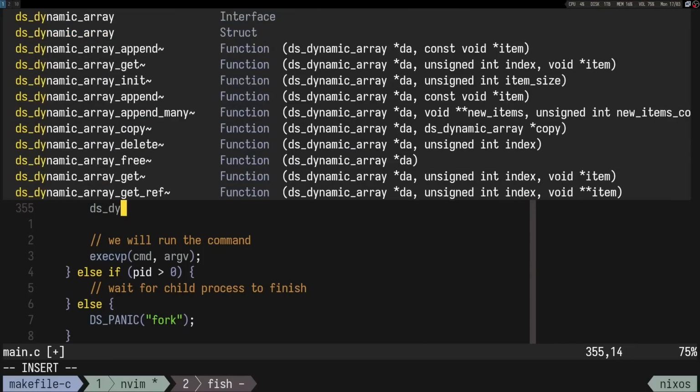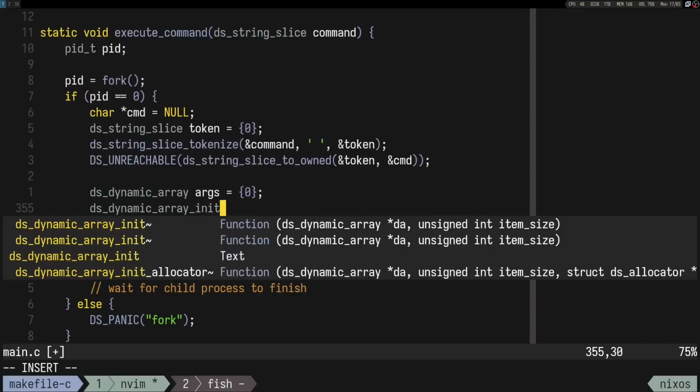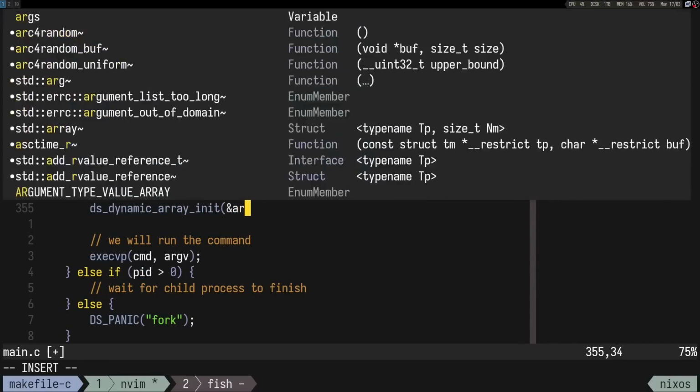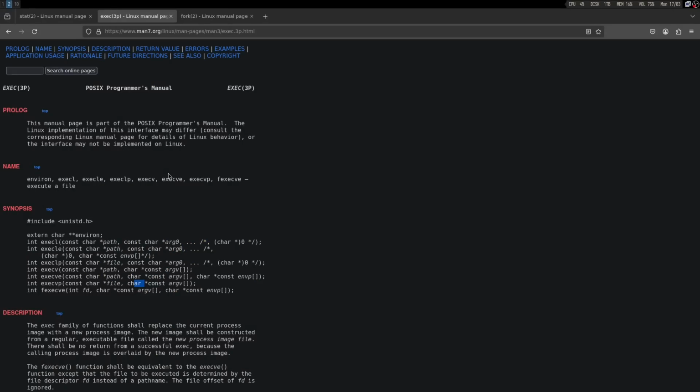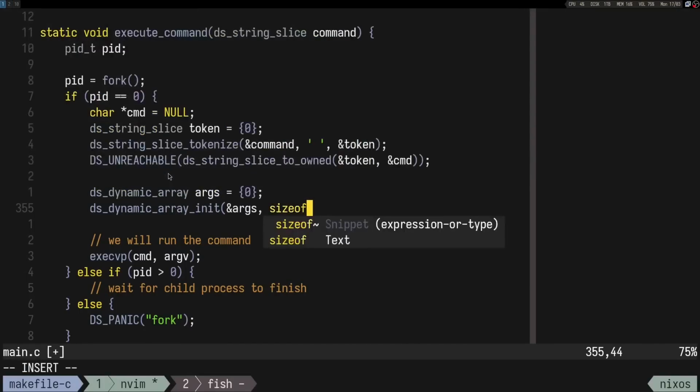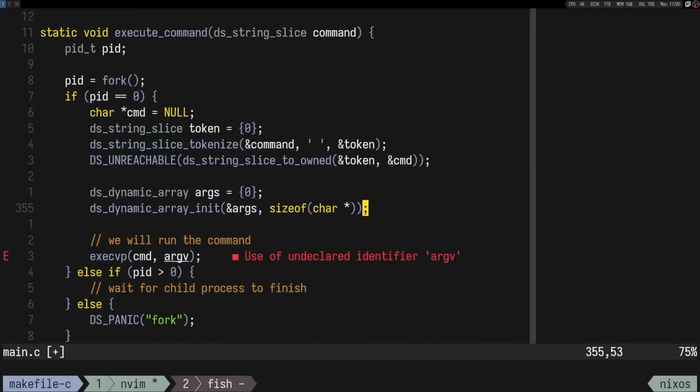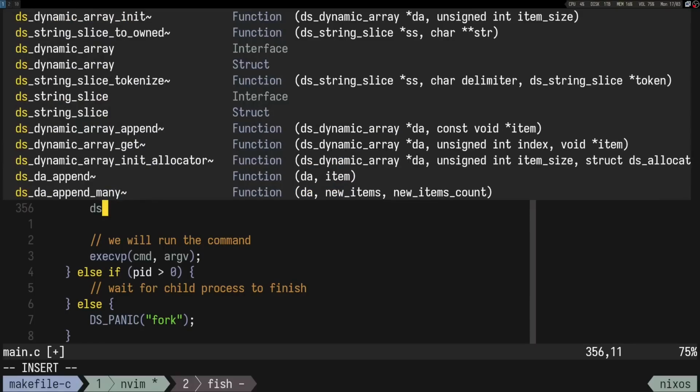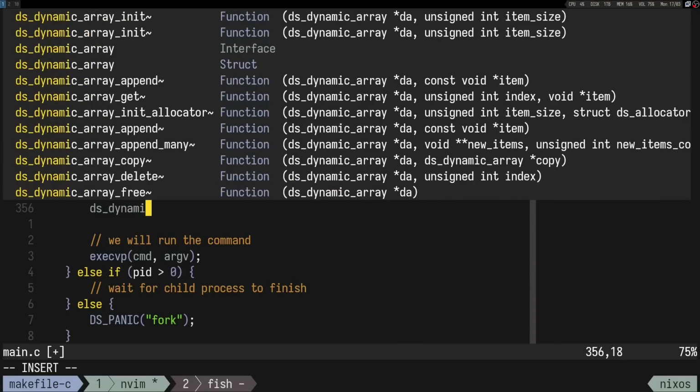Yes, dynamic array init, and the items that we are gonna have in here are gonna be char pointers. Okay, so first things first, dynamic